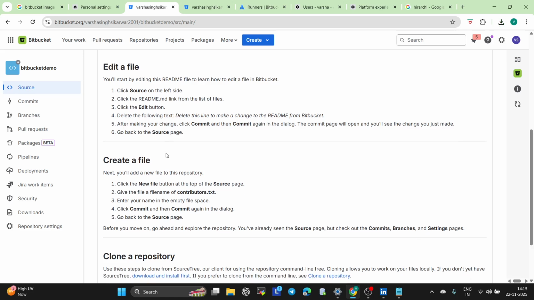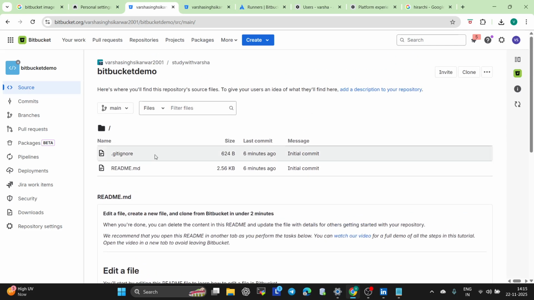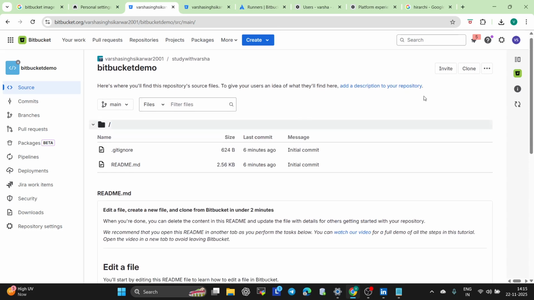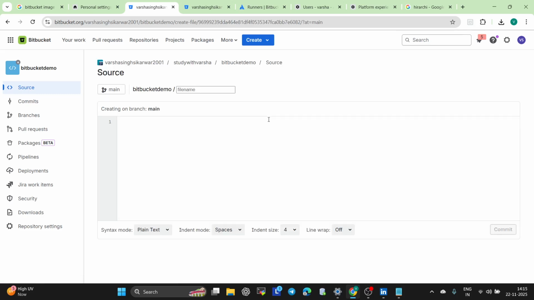Like that, we can edit a file, and we can also create a file. Like, the new button is there, no? Where is it? Add file. So from here you can directly add a file without writing the code. If something you have already written, from here you can just write,